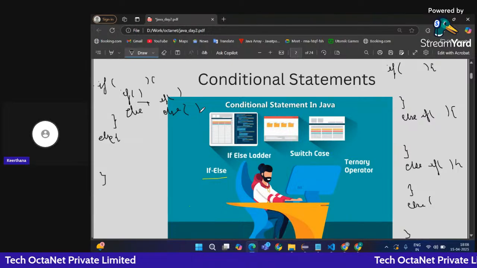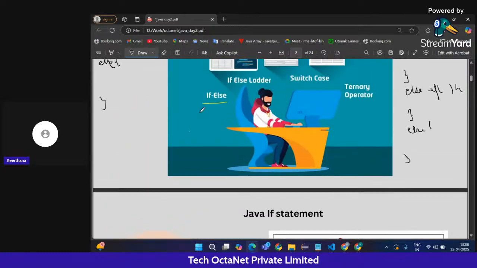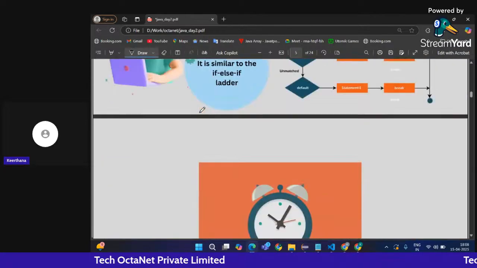So the next thing we have is the switch case over here. Switch case is nothing but,